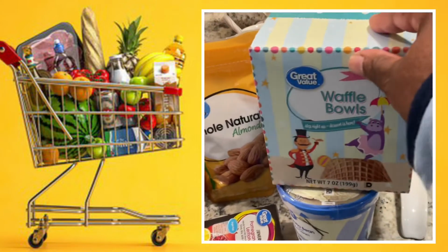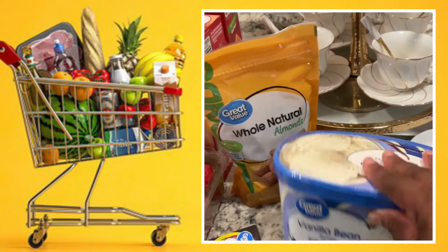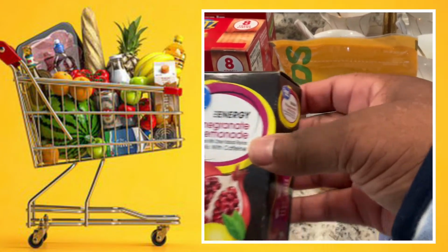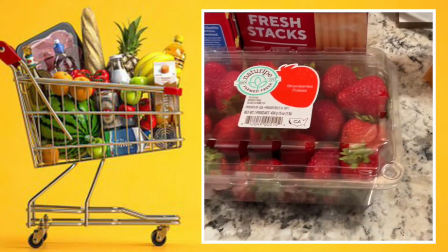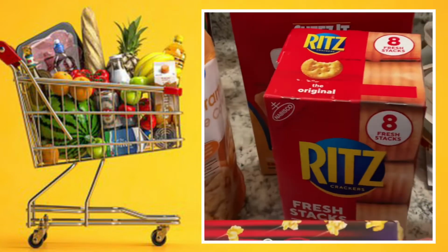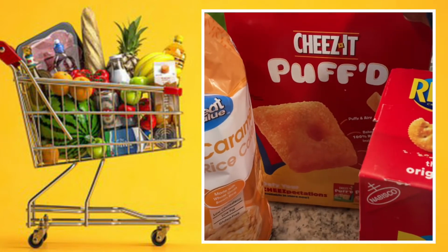Starting off with my waffle bowls and that Great Value vanilla bean ice cream, whole natural almonds, pomegranate lemonade drink mix, some good old strawberries, Ritz crackers, extra butter, I said extra butter popcorn, Cheez-It, that's for mama,